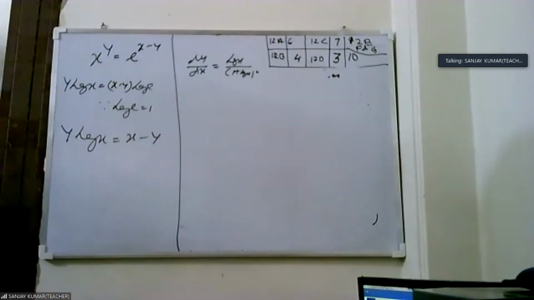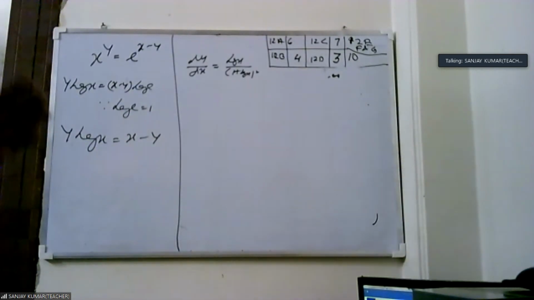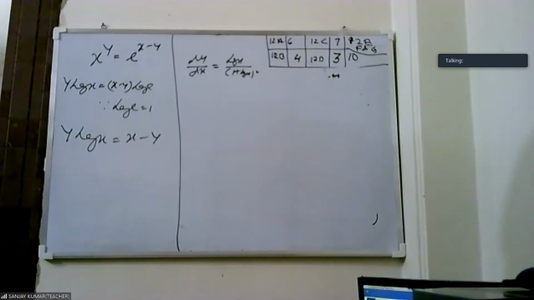Now this is a question of implicit function. It is also type 2. If you see, your answer is 1 plus log x whole square, and y is missing in your answer. So if you differentiate here, you have a trouble, because after differentiating y will come in the answer and y is not in the given answer. Okay.